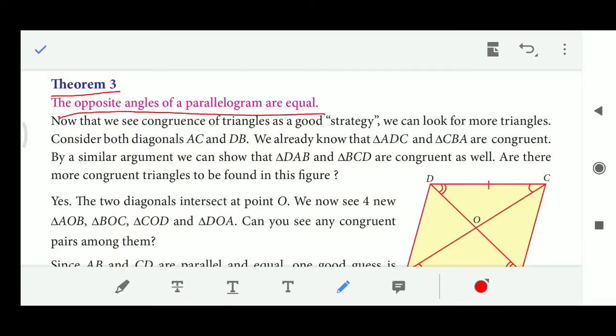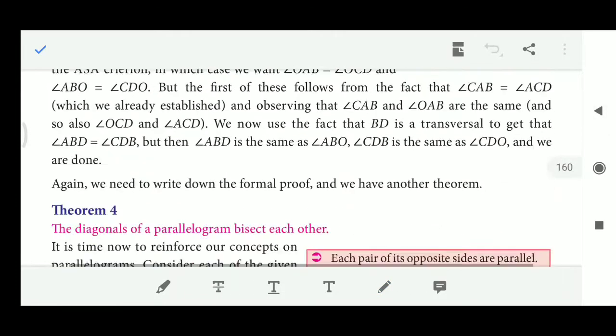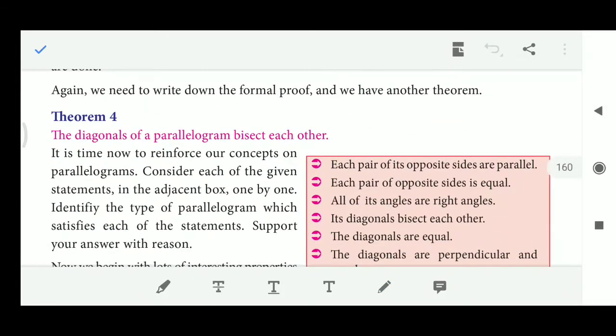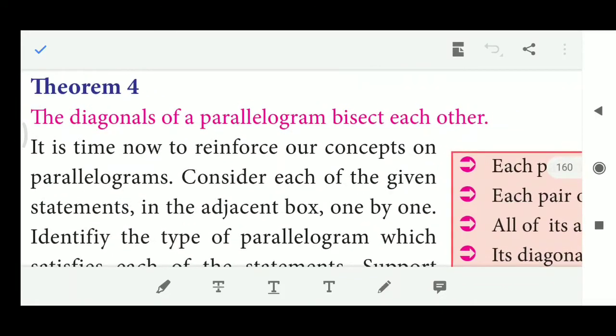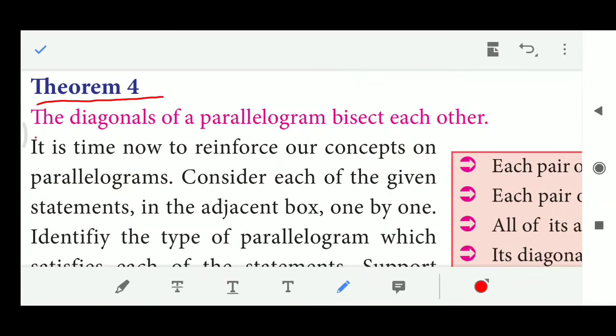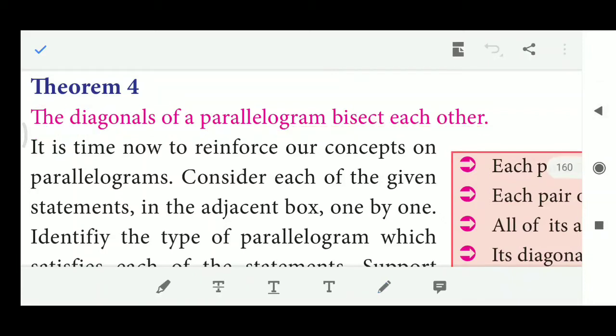Next, theorem 3 says the opposite angles of a parallelogram are equal. Here we need not prove this, just read the statement and keep it in mind. Then theorem 4 says the diagonals of a parallelogram bisect each other. Then theorem 5,